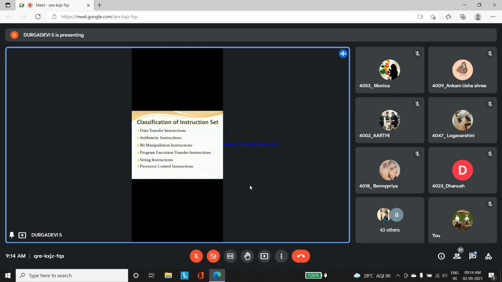So which instruction can you use for data transfer? There is a common instruction. See here, this is what is given. Data can be transferred from source to destination. Which is source? Processor is source, destination is memory. From memory to processor, if you want to transfer, memory is the source, processor is the destination. From an input output device, if you want to transfer, you should know the IO device port